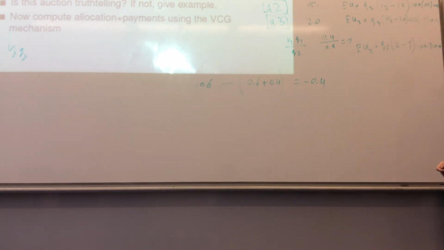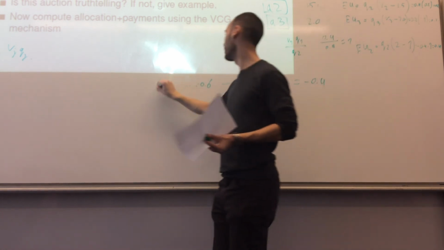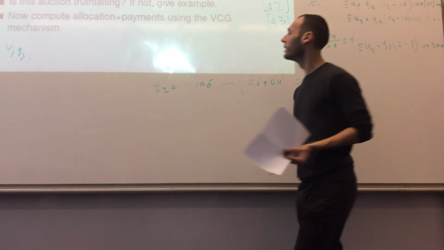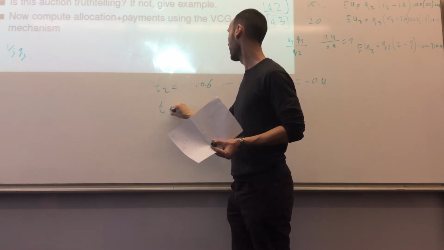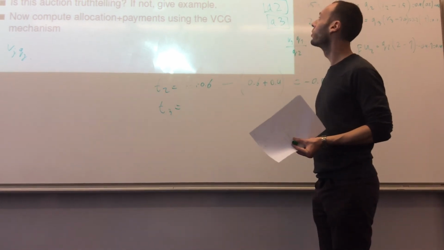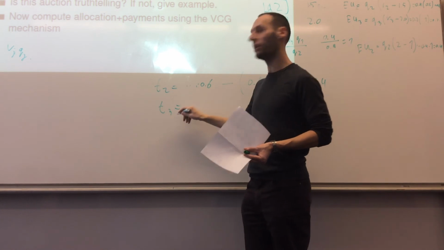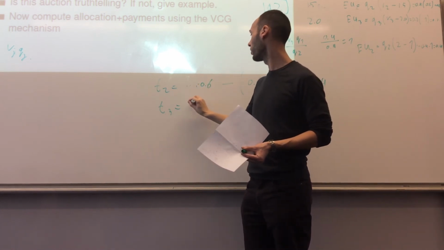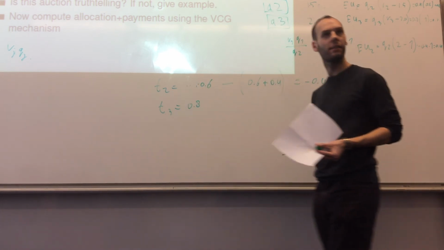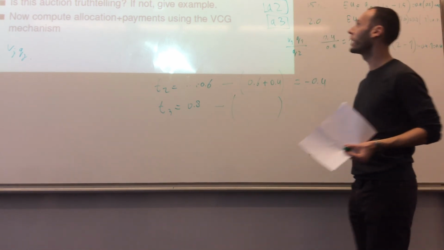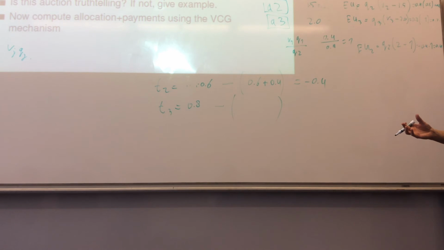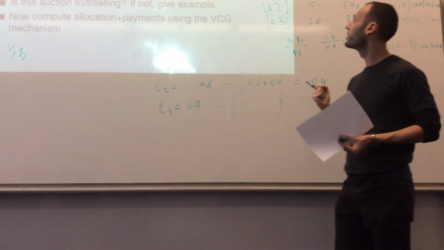This is for player 2's transfer. Yes, so this is T2. Yep. And then T3 is equal to... now we're excluding T3 from the social welfare, so we are left with 0.8. Okay, and then we are recalculating the social welfare without the optimal allocation if we exclude agent 3 from the